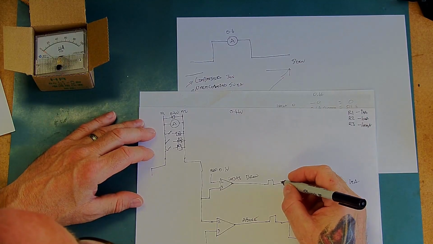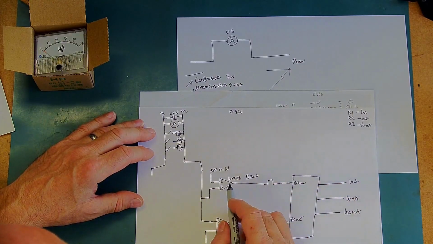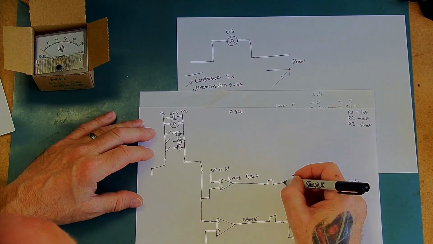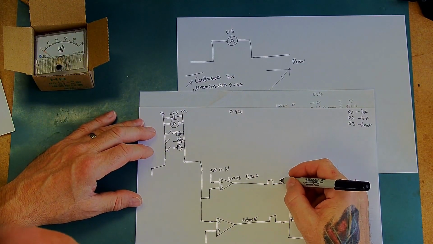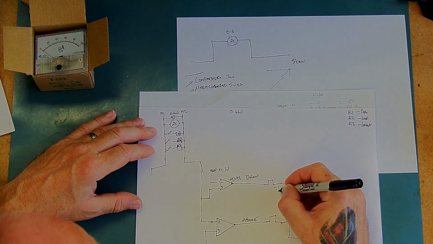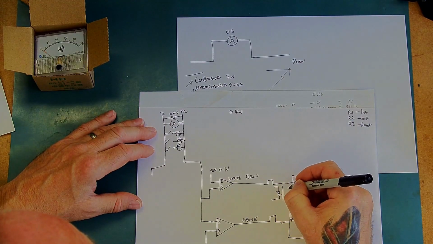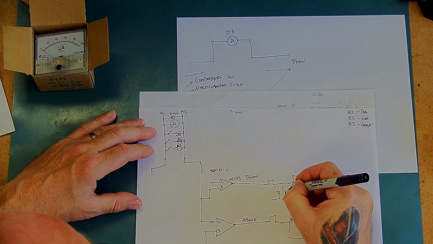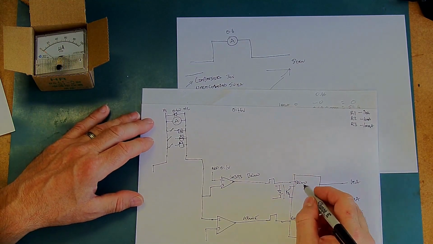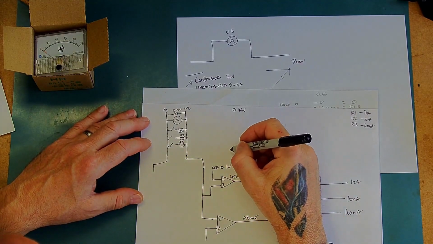We'll probably need to use some opto-isolators to separate these signals from the inputs to the microcontroller. So if we imagine that there may well be an opto-isolator type deal in here, something like that, supplying the signal to that,